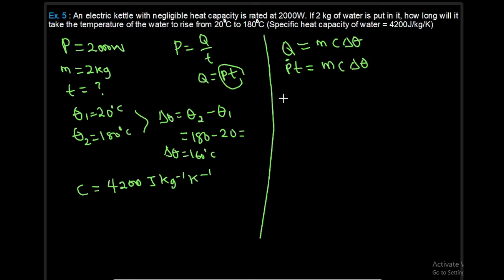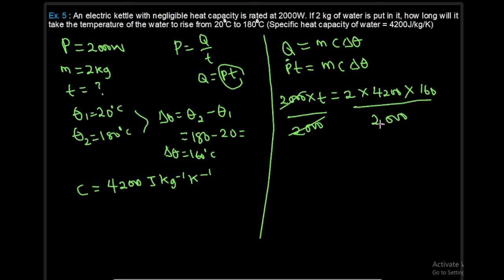So P is equal to 2000 multiplied by time, which is equal to the mass, which is 2, multiplied by the specific heat capacity, which is 4,200, multiplied by the temperature change, which is 160. So to get the answer now, we divide both sides by 2000, so that we can cancel this out and we get T equals this all over 2000. That will give us the time to be equal to 2 times 4,200 multiplied by 160